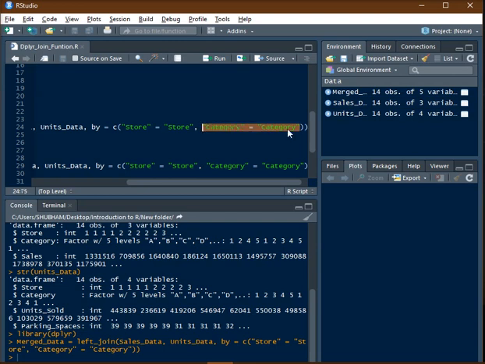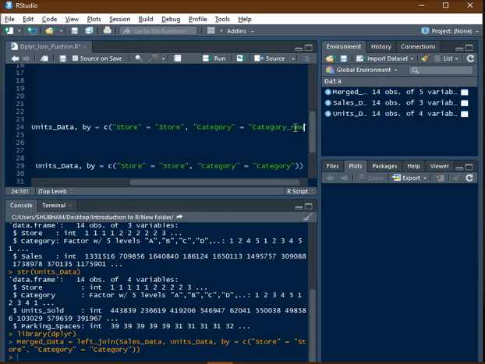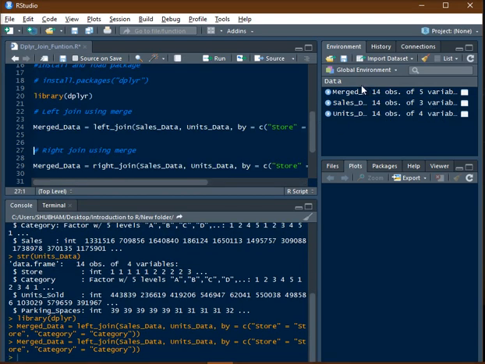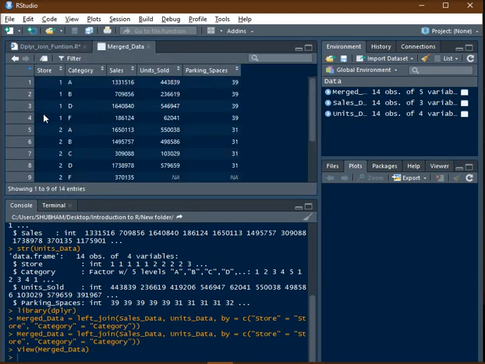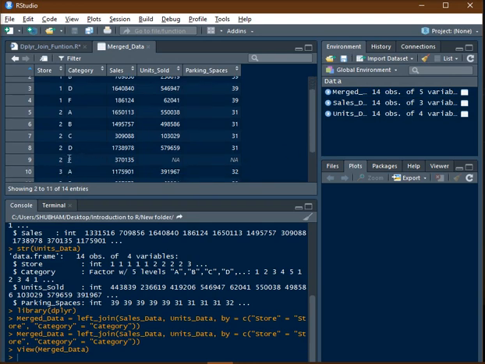For example, if the name of the category variable in, say, data frame 2 is category_new, then you just need to write category_new here and execute the code, right? So once I execute this code, a merged data is created, which will consist of all the records which are present in the left table, which is sales data. If you see here, there are NAs in store 2 for category F,